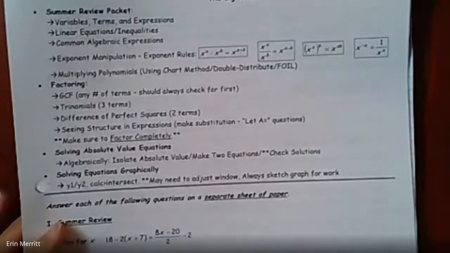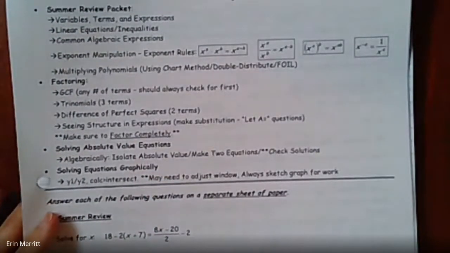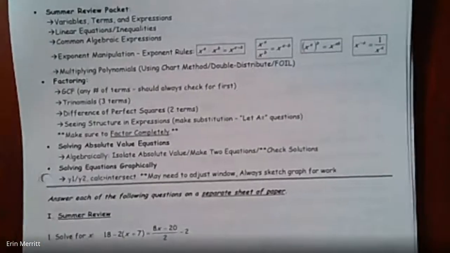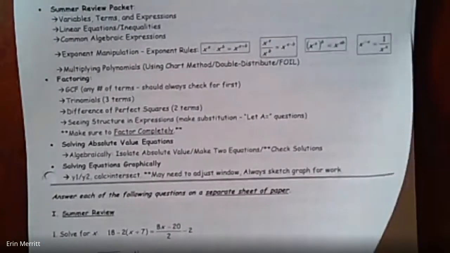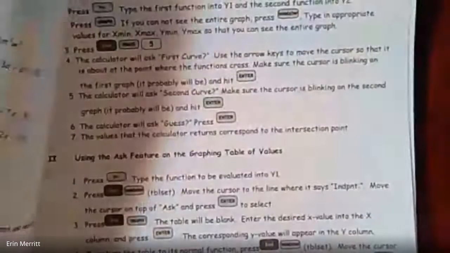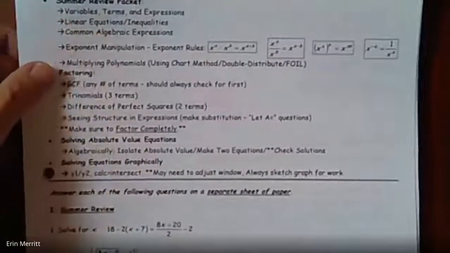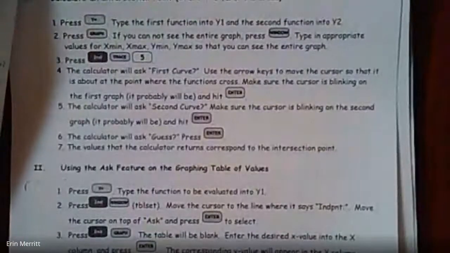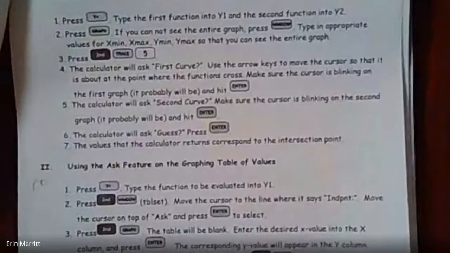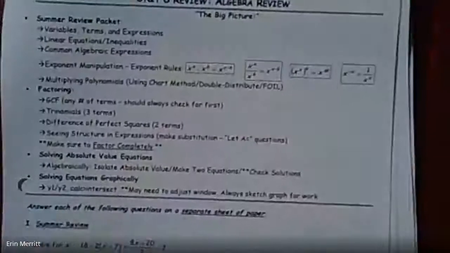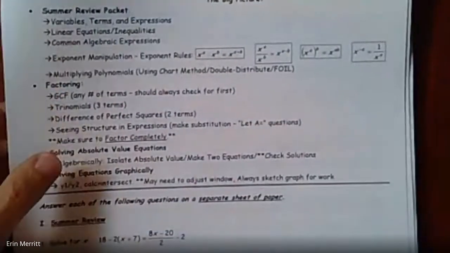All right. There's a few that I figured would be worth looking at together. One is from the summer review section, and then I think the other two that I picked are from the more current stuff that we've done in class. So they are numbers 6, 18, and 27. I wanted to look at those ones together. Also, by the way, the last page of your packet is a graphing calculator reference sheet, in case you need any assistance with all of that. All right. So I'm going to switch to another sheet of paper and do those 3 examples